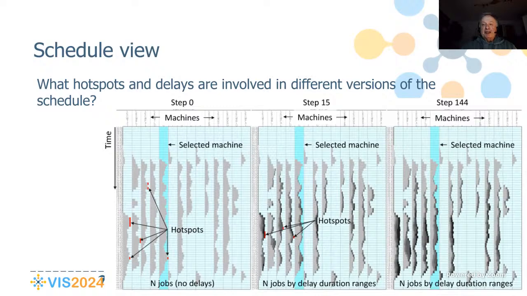If the demand of the sector is over its capacity, a hotspot is detected, and this is highlighted in red. In the beginning of the simulation, at step 0 on the left, flights have no delays, but many hotspots are present. At a later step, shown in the middle, the number of hotspots is reduced at the cost of delaying some flights. In the final solution, on the right, all hotspots are resolved, but delays have increased further.